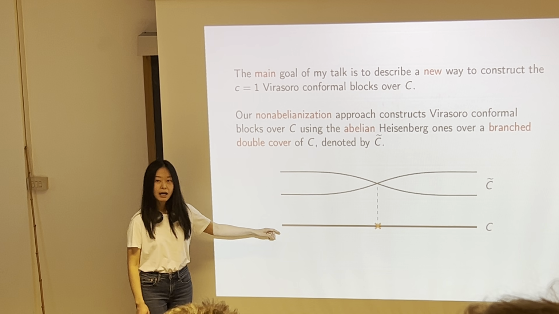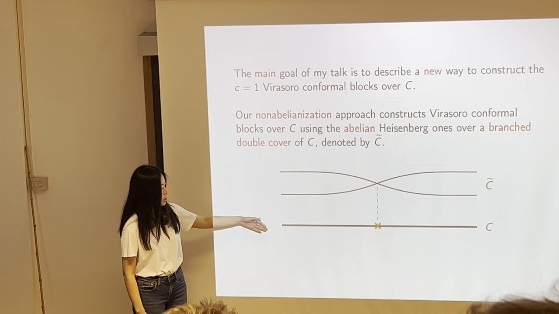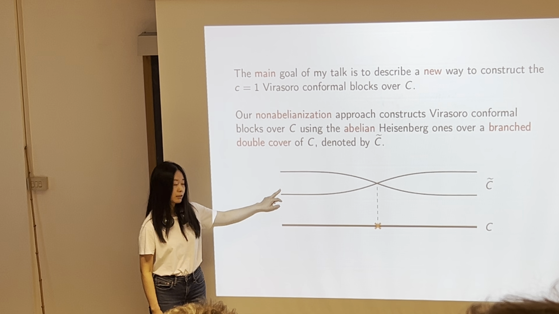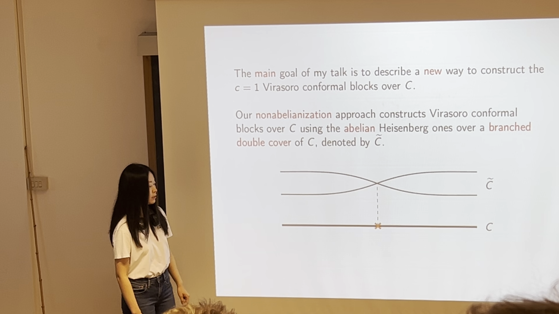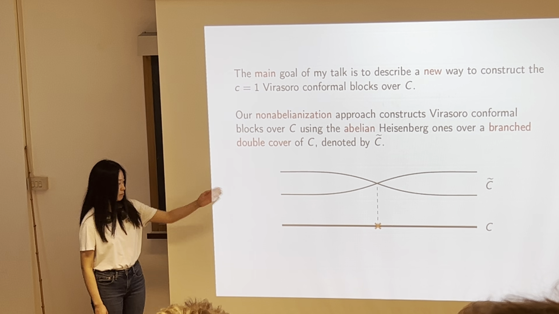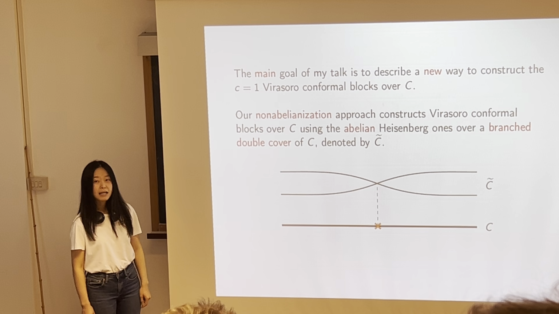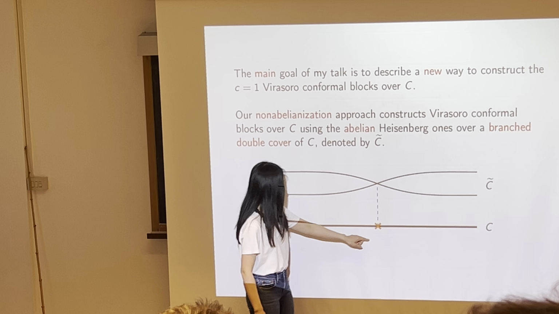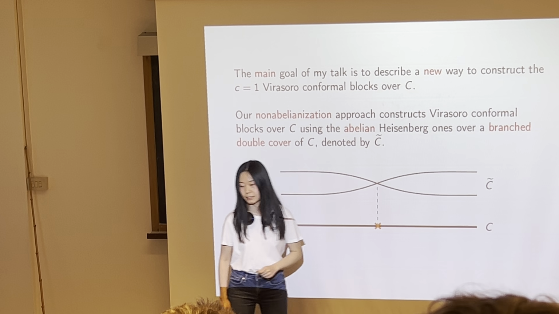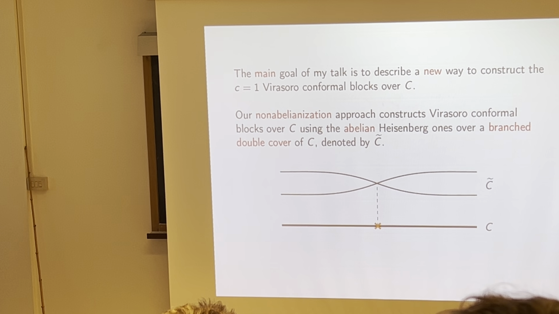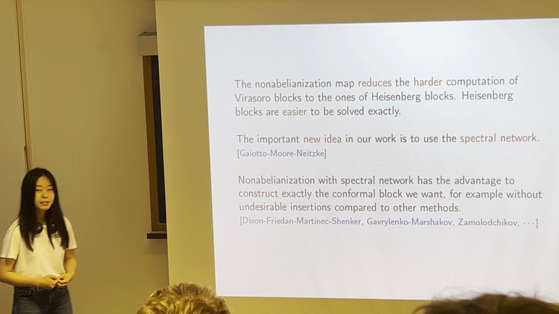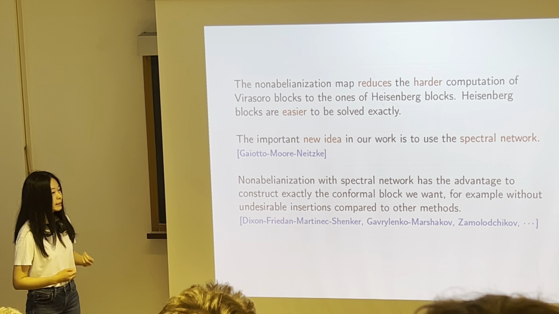Here is how this double cover is going to be shown in this talk. This line on the base represents C, and the two curves on the top represent the two sheets of C tilde. There is a projection map to go from one to the other. Because this is a branched double cover, we have an orange cross, which corresponds to where the two sheets of C tilde collide. This is just a branch point. Our non-abelianization map is actually to reduce the harder computation of the Virasoro blocks to the easier ones of